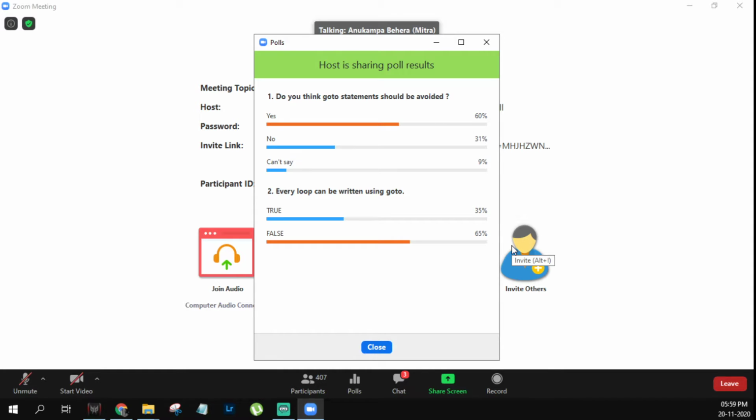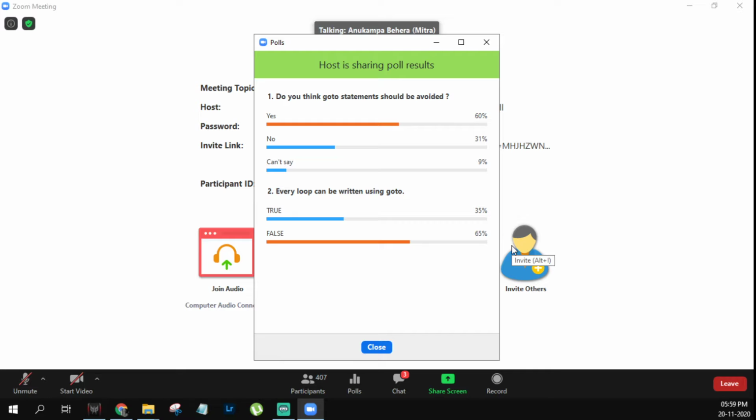Now see, go to is an unconditional transfer of control. As it is unconditional control, the problem is that it can be used anytime without thinking of logic. When we are writing a switch or a loop, we need to think about a condition by which we can transfer the control. But when it is go to, anytime we want to shift anywhere, we just go to and go there.